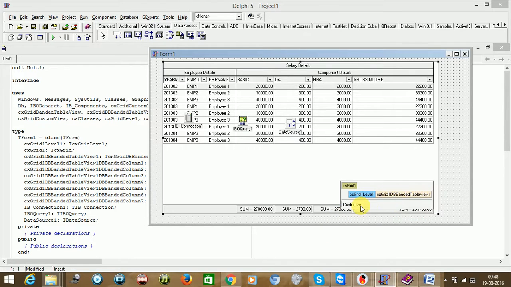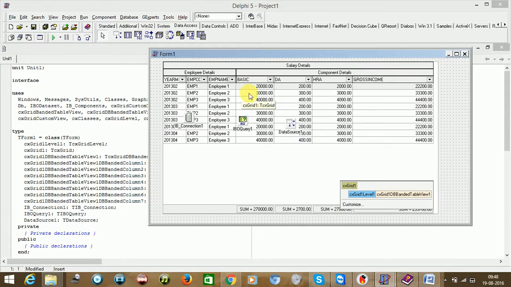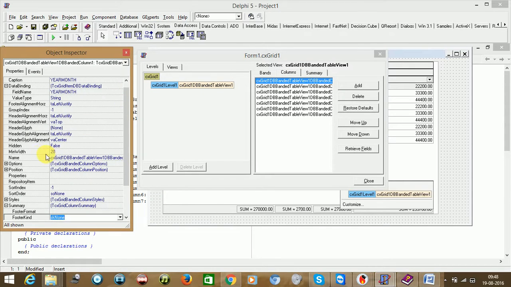Now the final part is, just go here and select this year month part here. Sorry, go here, select the, press F11, and if you see here group index, it's -1, so you just need to say 0 and just say close here.